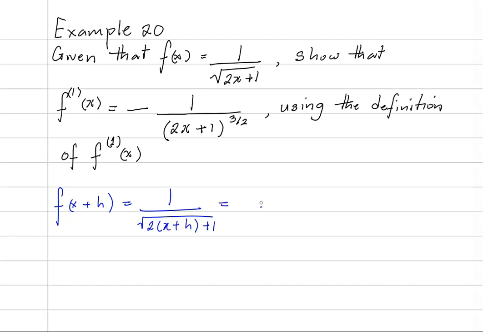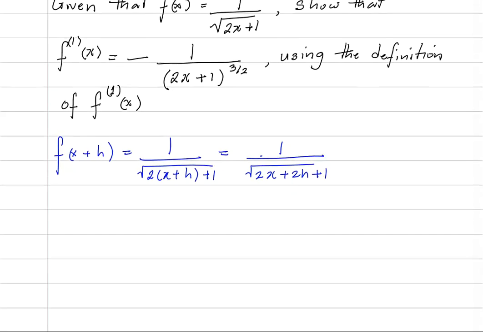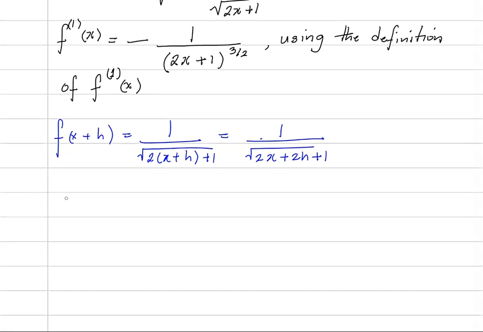So this is equal to 1 over the root of 2x plus 2h plus 1. From first principle, the first derivative, f prime of x, is equal to the limit as h approaches 0